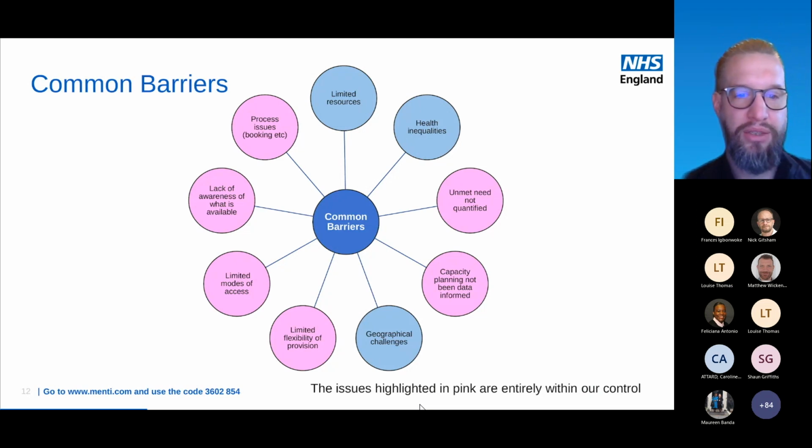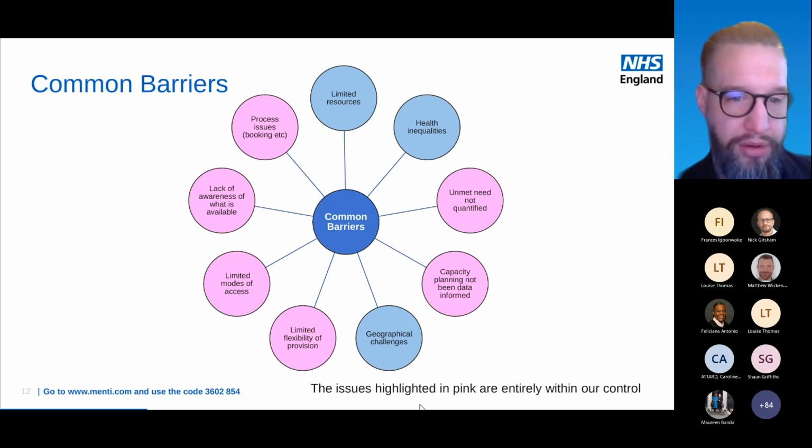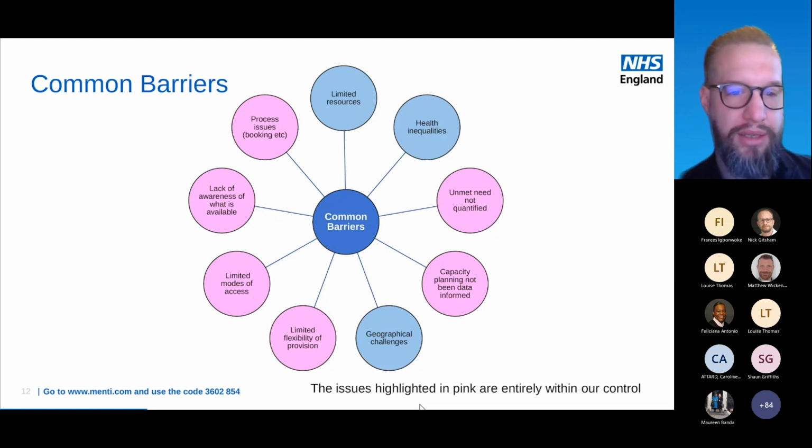Limited modes of access is also a key consideration, as this is something that we're often not able to do optimally. Services need to be accessible to the community, including all members of the community, including those with protected characteristics. An example of getting this wrong would be providing a service like a mental health crisis line that's only accessible via telephone, as this would obviously exclude deaf members of the community from being able to access support.